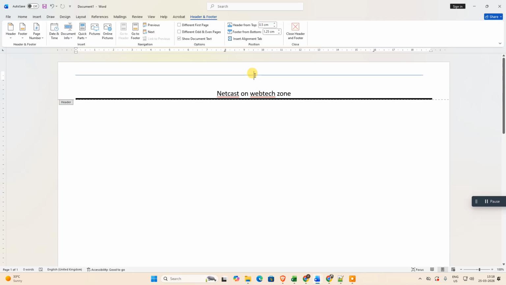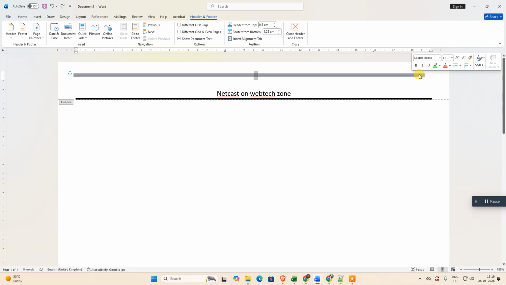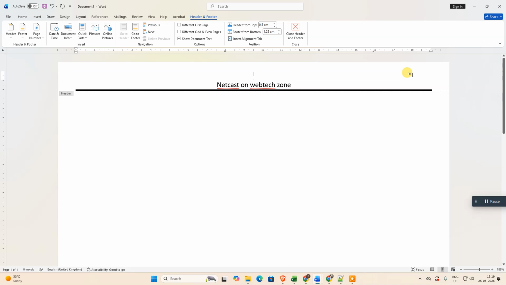Okay, now it's enabled. If this line is a shape, then you can easily select that line like this. Select this and just double click on it. It will be selected, and now hit the delete button. The line will be deleted. Okay, now the second line, if it is not selected or you are not able to select it,